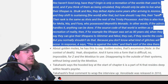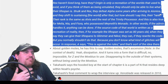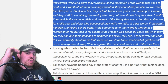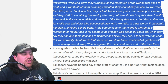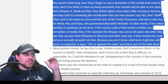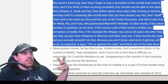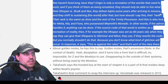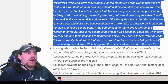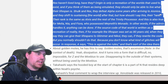So that's 70. Okay, so Gondor, by the time of Future Redeemed, looks to be about in his 60s, 70s. We'll highball it, we'll do 70. So 70 plus 70, 140 years. Okay, we're lowballing the number. So for 130, 140 years, we'll do 130 years, because prior to Alpha's awakening, Shulk and Rex were still fighting Mobius. So about 130 years into